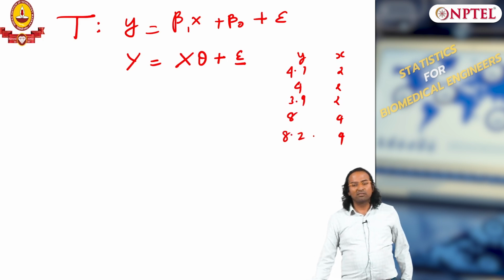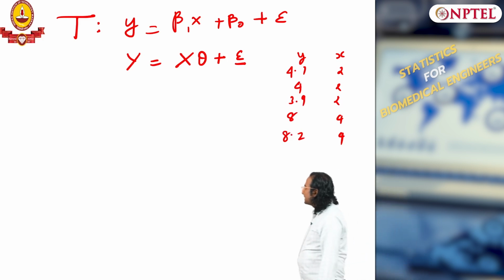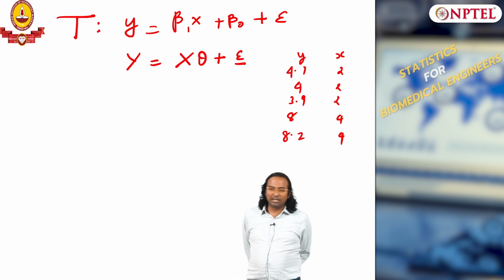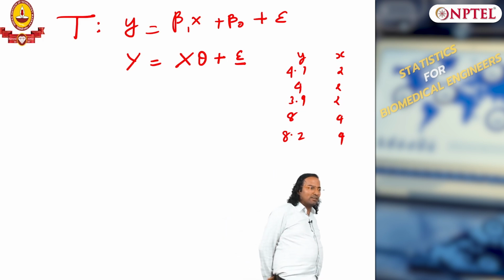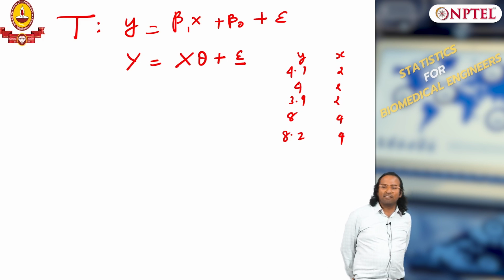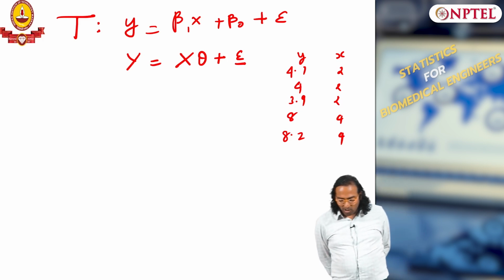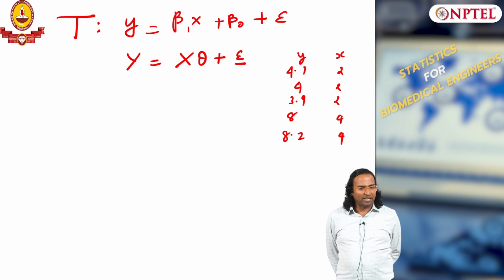What is your beta 1 in this case? I have 5 y values and 5 x values. Can you tell me what is the beta value? Is it 2? Is it exactly 2? 2 will not fit every equation, but how many beta values do I want? I want only one beta value. I assume that there is a relation between y and x which is governed by this beta, but I cannot fit multiple beta values, I can only fit one beta value.